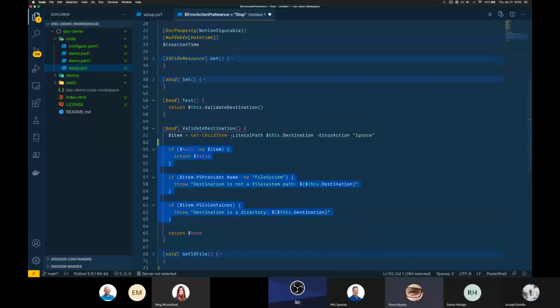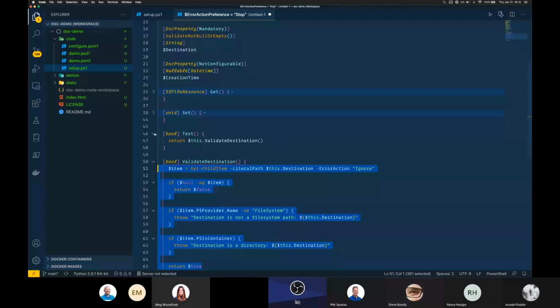So this is checking, hey, is the user's path that they provided me valid? It does all these additional things just to make sure that when I run this over and over again, or on any number of systems and any sort of configuration, that I can recover, that I can always be in a good state. So if I'm trying to download a file, but there's a directory that already exists with that name, or any number of things, I can